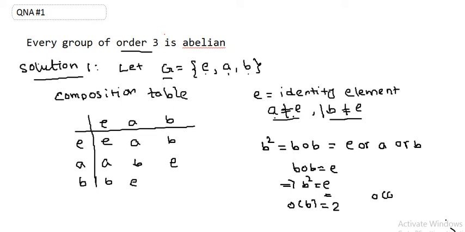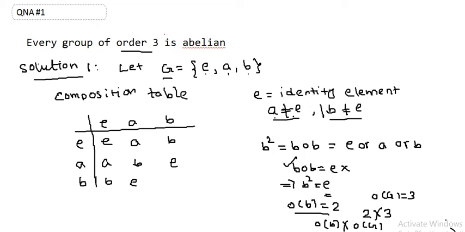Now we know that the order of G equals 3, and the order of each and every element of a group G divides the order of the group, but 2 cannot divide 3. So the order of B cannot divide the order of G, which is not possible. So why is this not possible? We see that the order of B is 2, but we get a contradiction. Why do we get a contradiction? Because we assumed that B compose with B is E, which is not possible. So this possibility is not true.